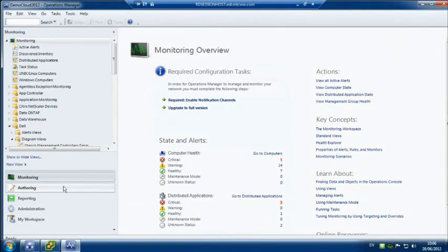But once that vCenter server is imported into Virtual Machine Manager, then I can bring in my ESX and ESXi hosts. And from that point forward, I can maintain a central managed virtual infrastructure across VMware, Hyper-V, and also Xen Server. So I can bring in all hypervisors. And you think, well, why would I do that? Are you trying to